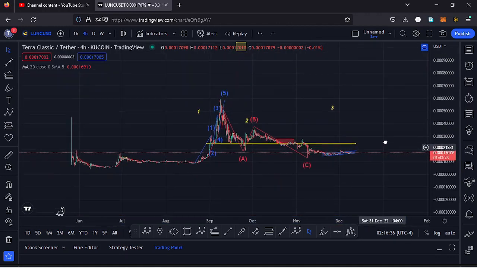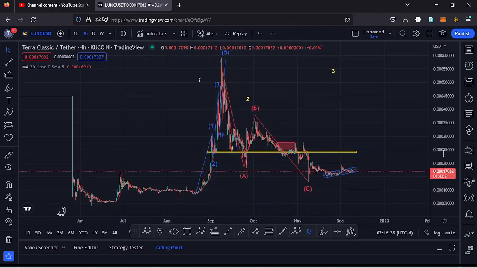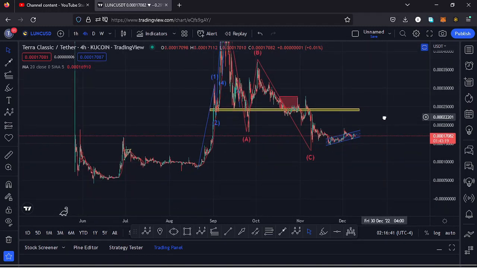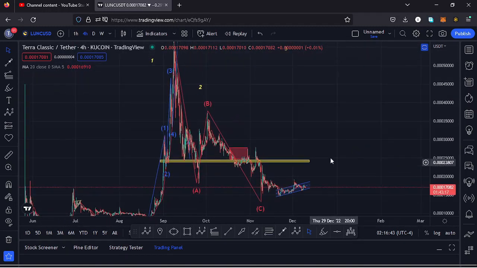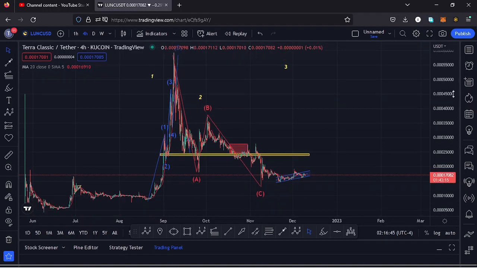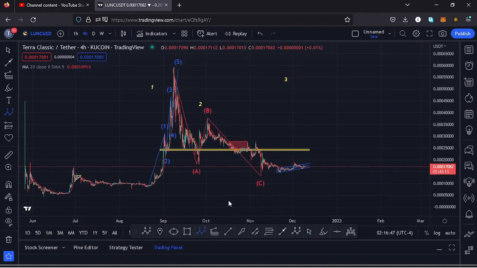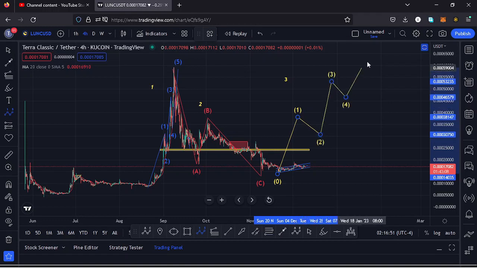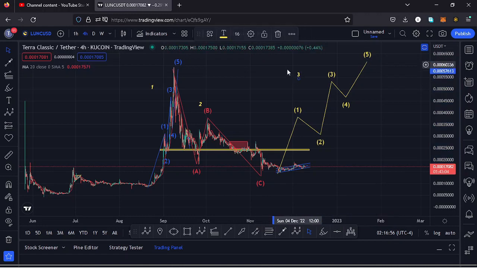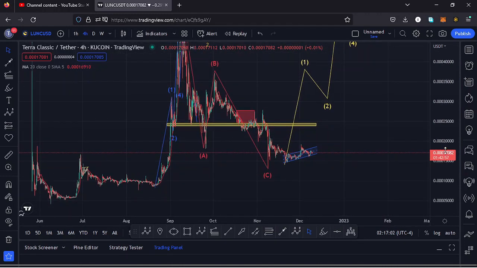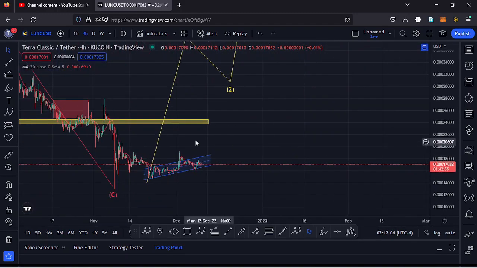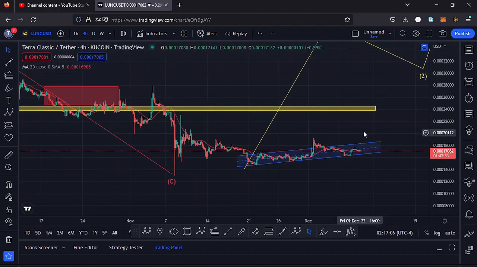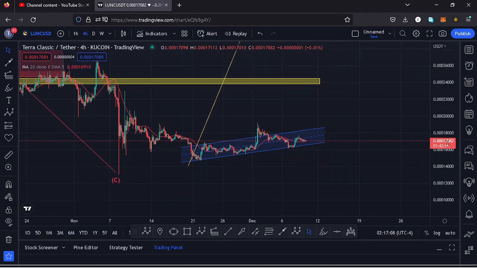And getting to the short term scenarios that can play out, there are chances that we might have started that bounce to the upper side in the formation of that wave 3, which is over here, and because of its impulsive nature, I'll be expecting to see fractal waves in formation within that wave 3, where the wave 5 of this fractal wave to the upper side will be completing the formation of that higher Elliott wave count 3 to the upper side. And after making our low down here, we have been seeing a chart pattern that is in formation, which is a channel, and we have been trading within this channel, which is right here.